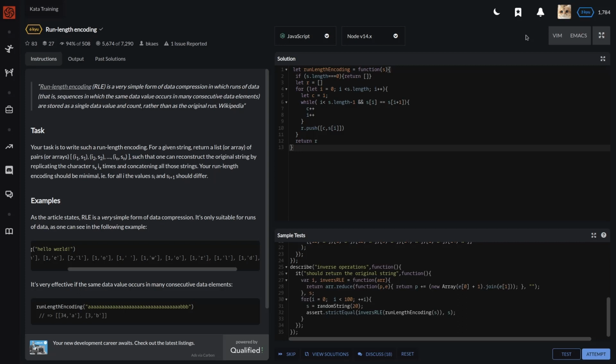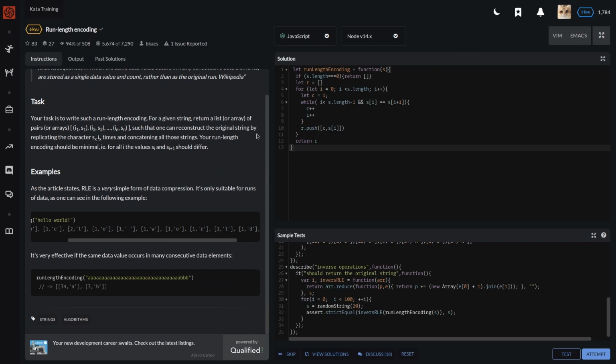So, examples. Run length encoding of "hello world" should return a new array with arrays of arrays: [1, H], [1, E], [2, L], [1, O], and so on. It's very effective if the same data value occurs in many consecutive data elements. "AAAB" should return [3, A] and [1, B]. So let's